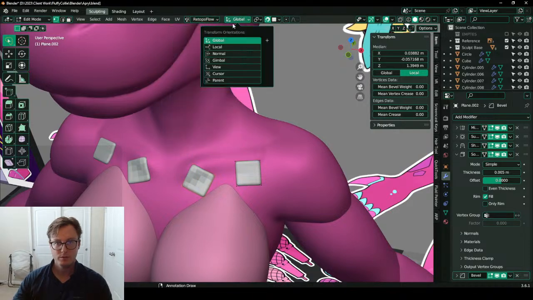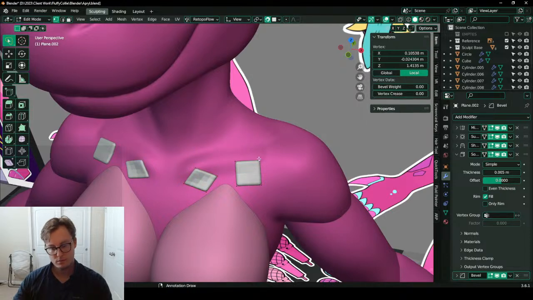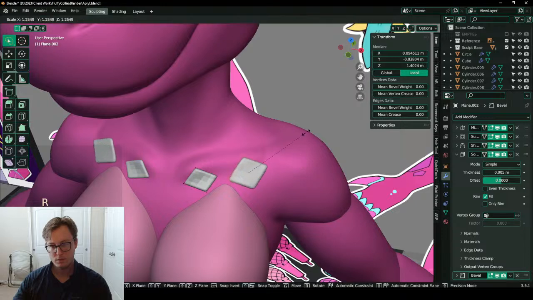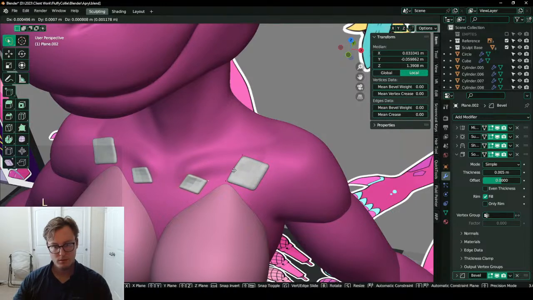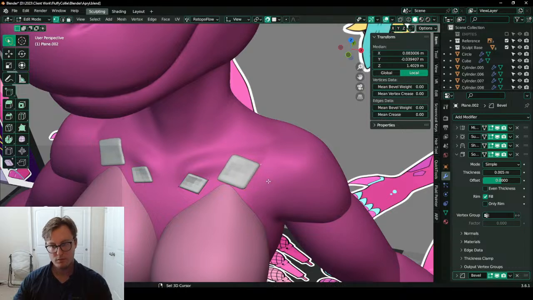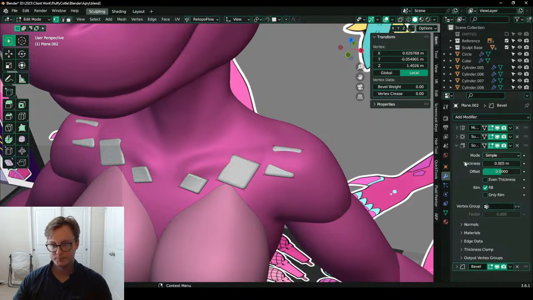Switch to view for my control. Let me get rid of my shrink wrap. I guess not.